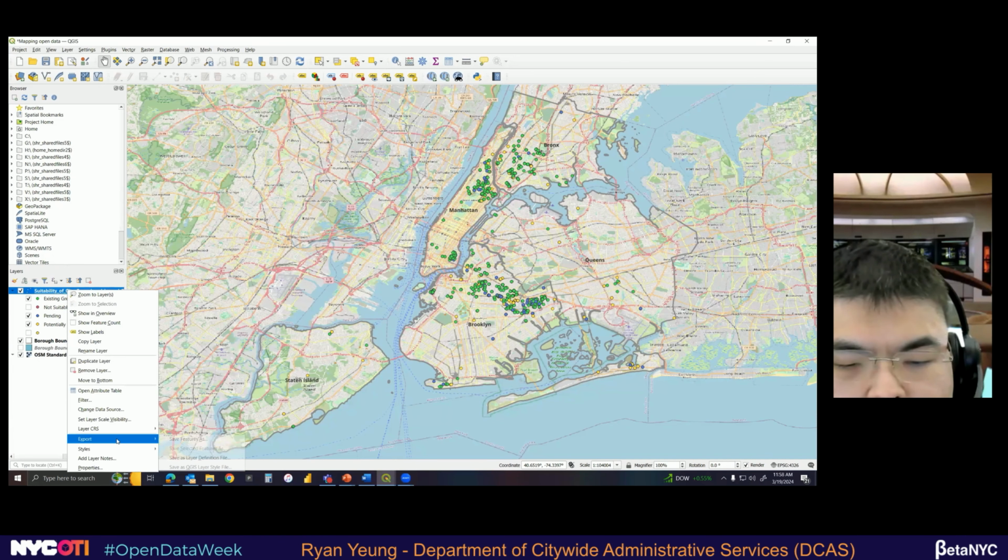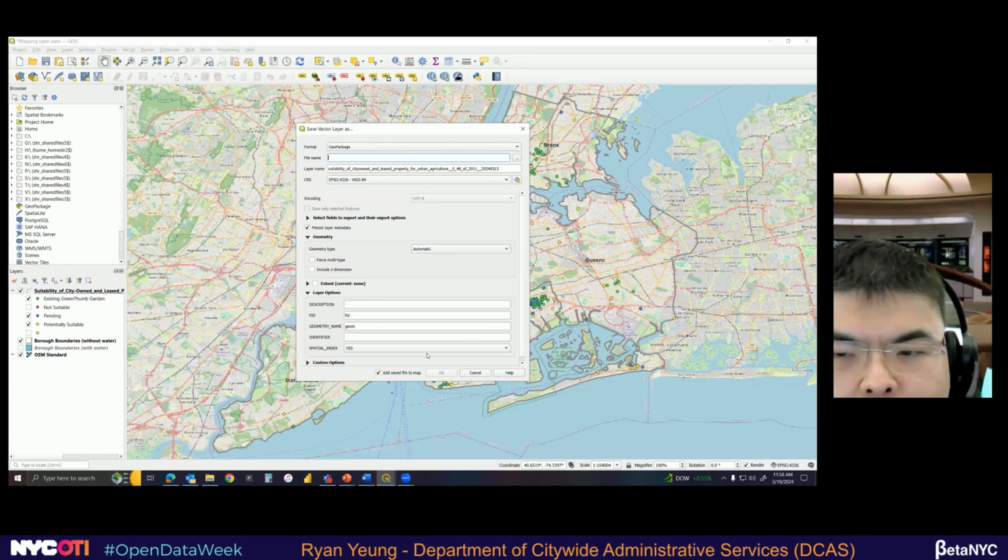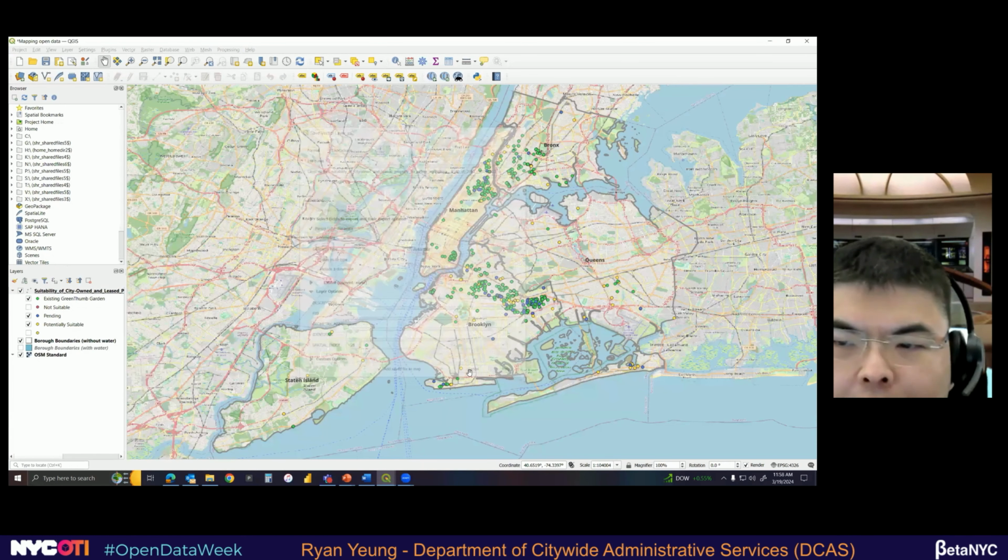Okay. I have another question from Emily. Can the layer's properties be saved to the map data and shared with other QGIS users? Absolutely. Let me show you how to do that. Share screen. So this one here, let's say we wanted to export to share that, you go to export here and say vector label as, and that will be how you can do that.